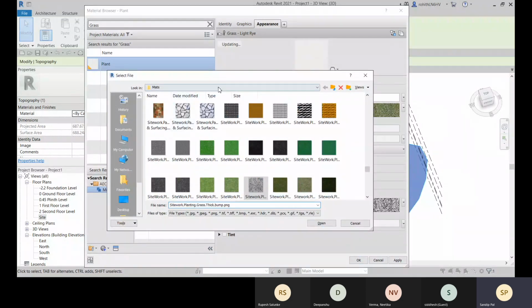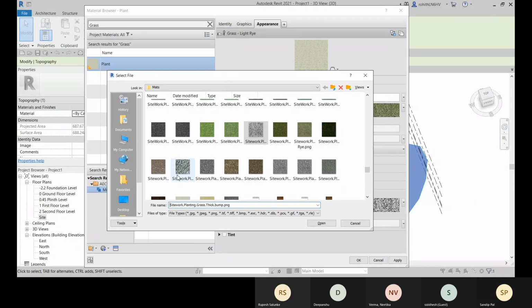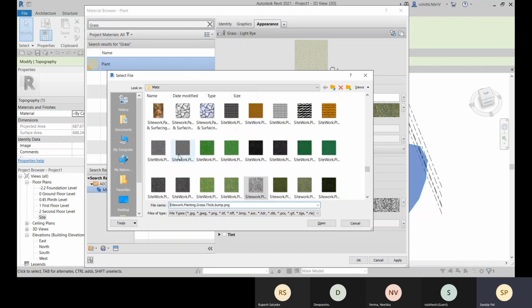Okay, so you can choose from these images, and we have some more bump images. So you can choose some bump image. So this is one bump image. You can see that it's saved as bump, and you can choose some more bump images if available. Yeah, so here you can see some other bump images are available.